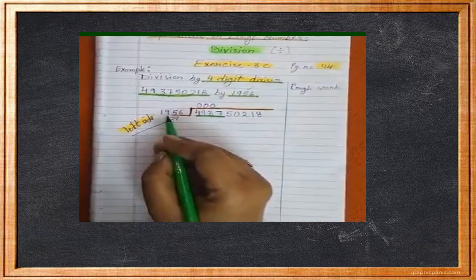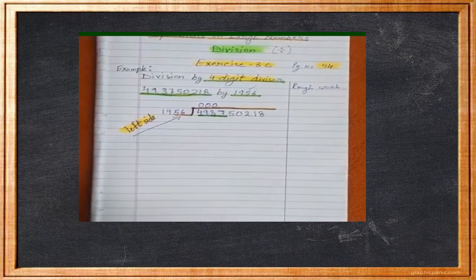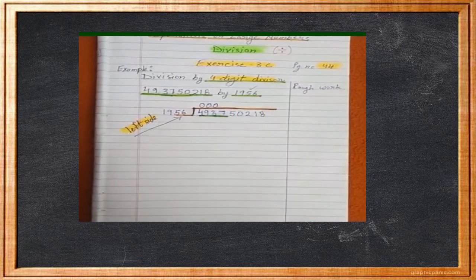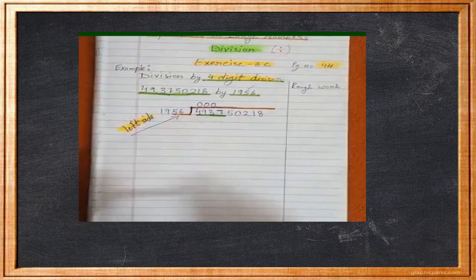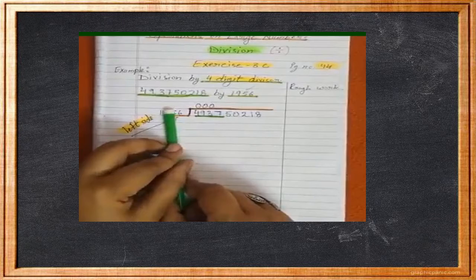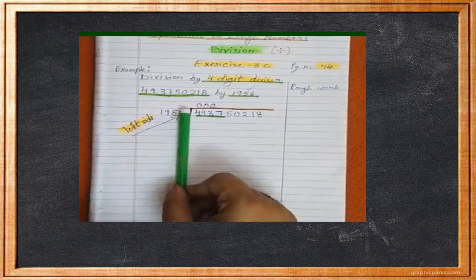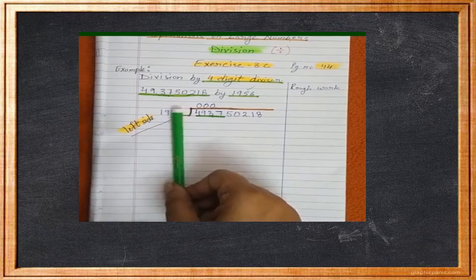Okay. Now, do you remember the 1956 table? I don't remember, and I believe there are hardly people who know the table of 1956. In this case, what are we supposed to do? See children, hide these 3 numbers. 1. 1 is smaller and of no use, because if we divide any number by 1, the quotient will be the number itself. So take 1 more.